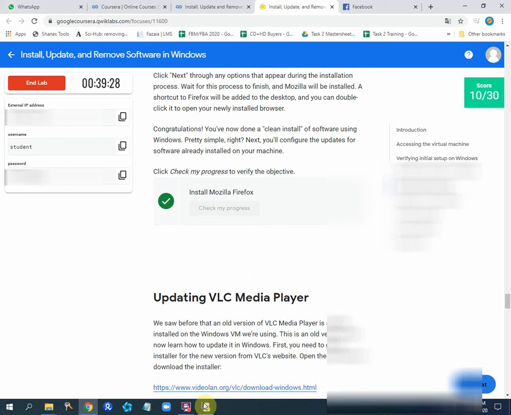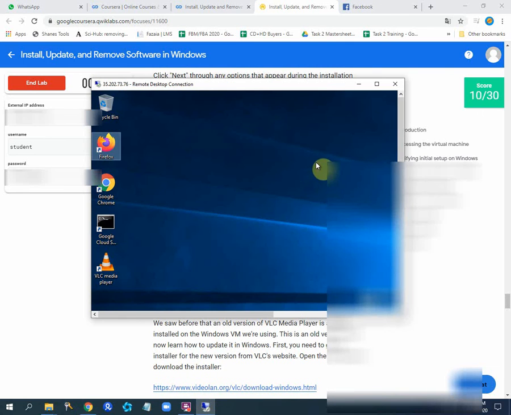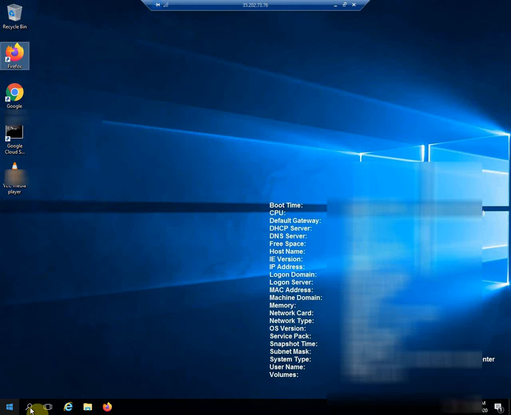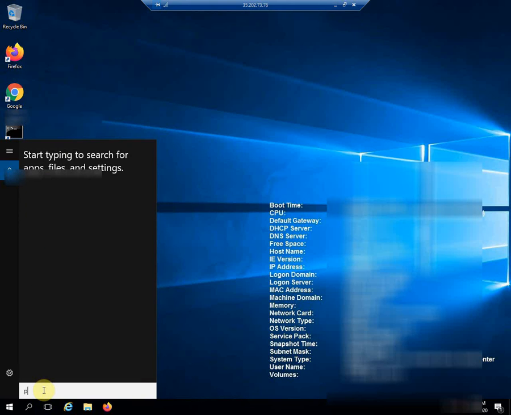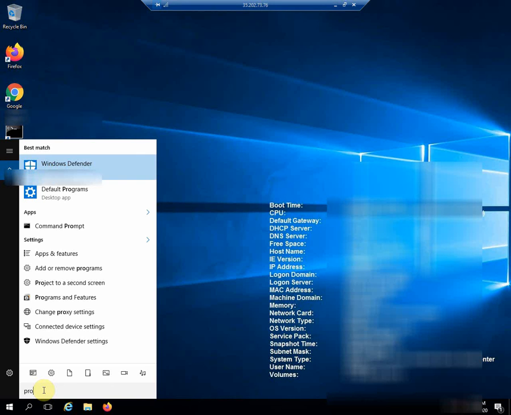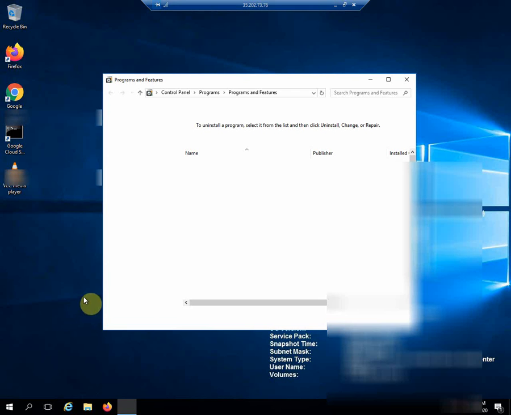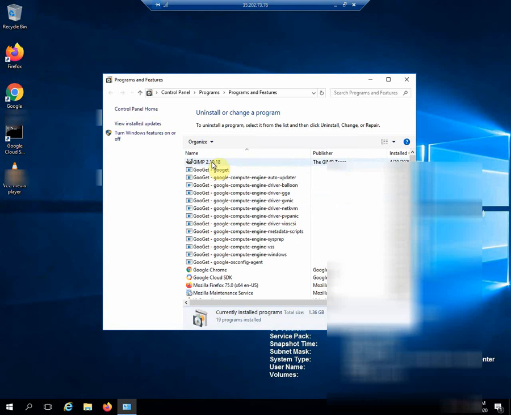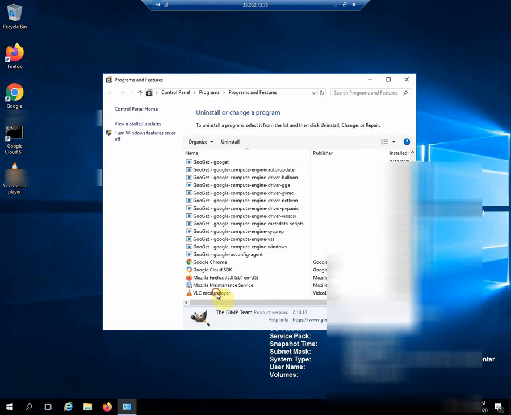Now I have to do the other task. Here I just search for the programs. Programs and Features, here it is. Just click it here. Here I just delete this one and update the VLC Media Player, this one. Okay, to do this